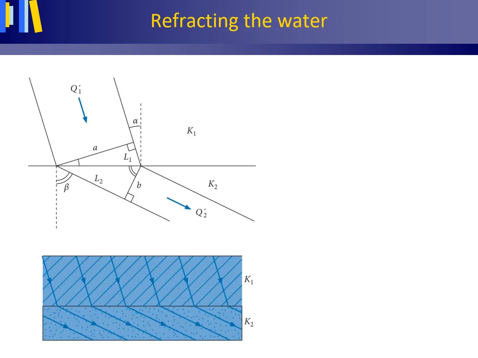Groundwater flow can experimentally be shown to be subject to refraction. This figure shows two streamlines when a steady groundwater flow passes from an upper layer with a hydraulic conductivity K1 into a lower layer with a hydraulic conductivity K2. The volume of water leaving the upper layer per unit of time must be equal to the volume of water entering the lower layer within that same unit of time. The water balance equation or continuity equation can then be drawn up as follows.